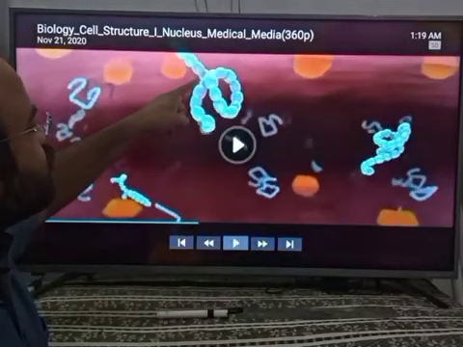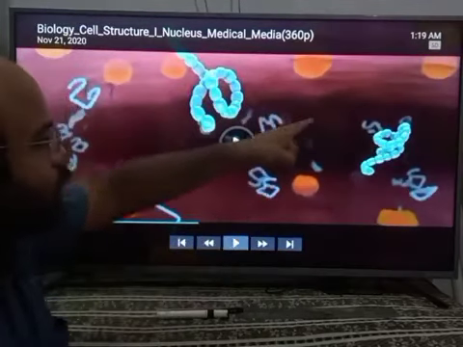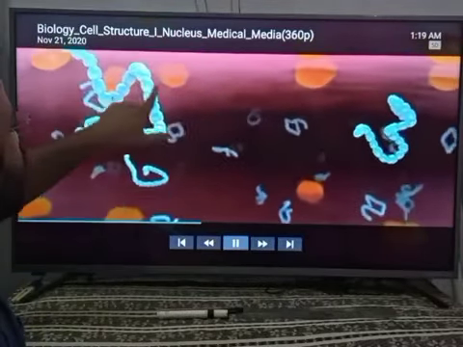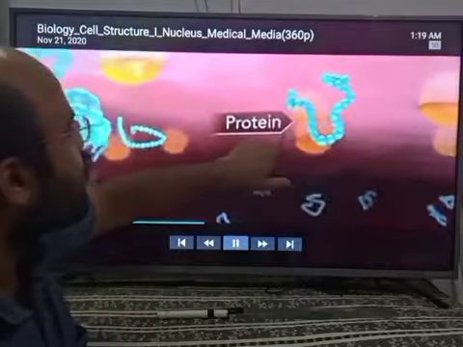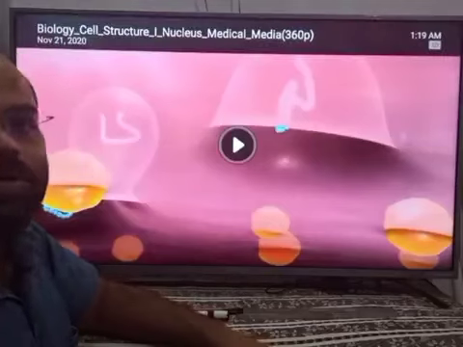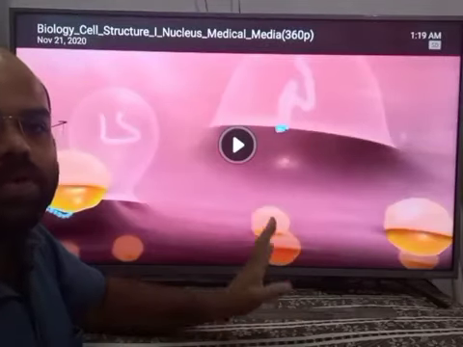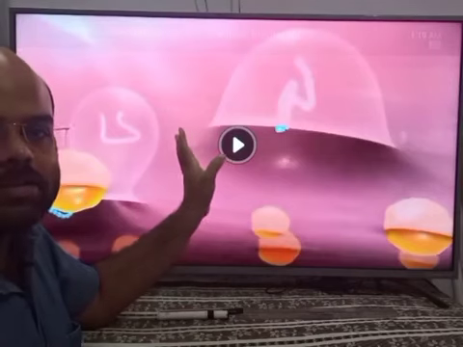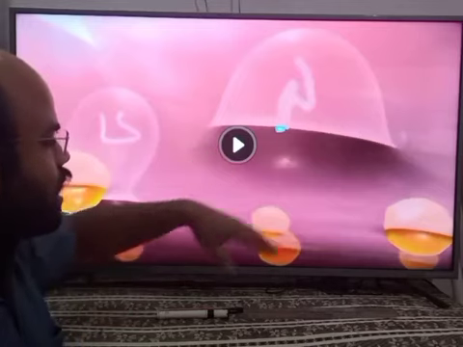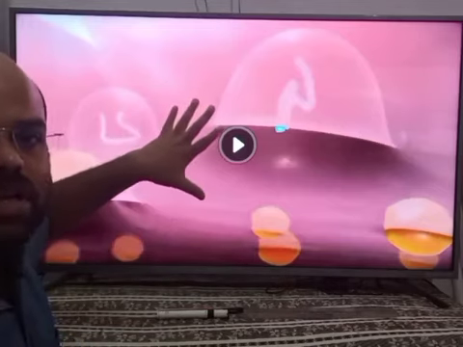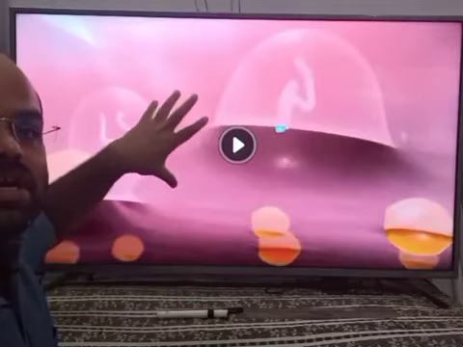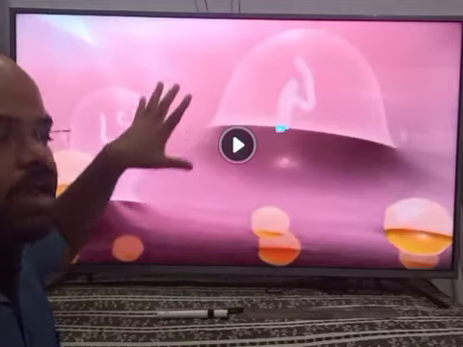Looking at the attachment, we see how RNA comes out through the nuclear pore and attaches with the ribosome and forms the protein. These are the proteins which are synthesized by these ribosomes. These are ribosomes actually. Okay, so this is what we discussed in our earlier class, the nucleus. We had discussed details of the nucleus and chromosome. We have seen how the nucleus actually looks externally and internally, and how it is designed within the cell and the cytoplasm.